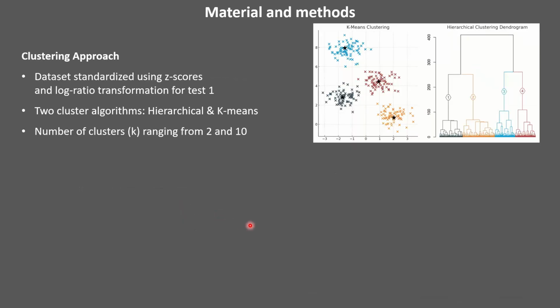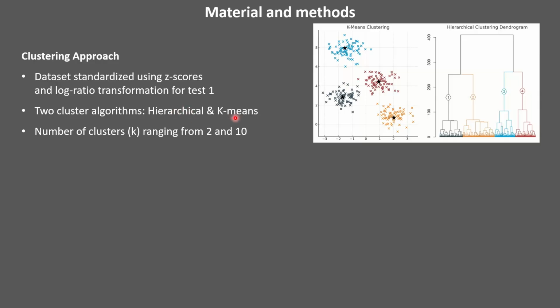For all the tests, the dataset of each test was standardized using the z-score. And also, since for test 1 major elements are a constrained dataset that adds up to 100%, we apply a logarithmic ratio transformation, which basically allows us to unconstrain the dataset. The results of all tests, transformed and non-transformed, are overall consistent among each other, but the best results are the non-transformed ones. So these are the ones that I will present here today.